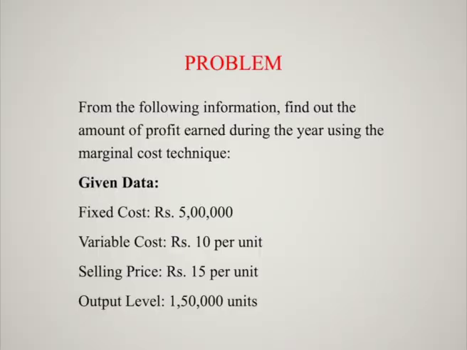I will give one example relating to finding the profit with the help of the marginal costing equation. From the following information, find out the amount of profit earned during the year using the marginal costing equation. In this problem they gave fixed cost 5 lakhs, variable cost 10 rupees per unit, selling price 15 rupees per unit, and total output